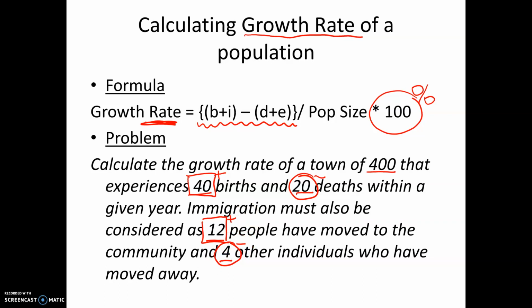All right. So if we set this up, growth rate, GR, equals our births plus immigrants minus deaths plus emigrants, which we already calculated was 28. Remember from our previous example? So I'm going to skip that step. You would have to put it in, but just for right now,